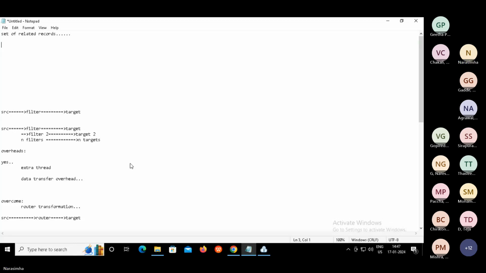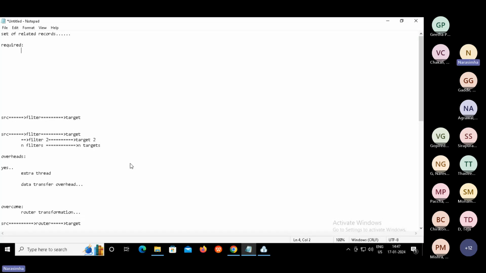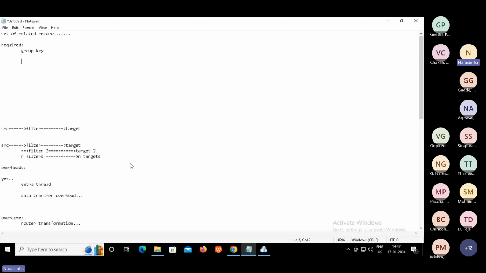Now what is required in order to perform this aggregate operation? One, group key, yes or no? And then second, the column or columns that we use for